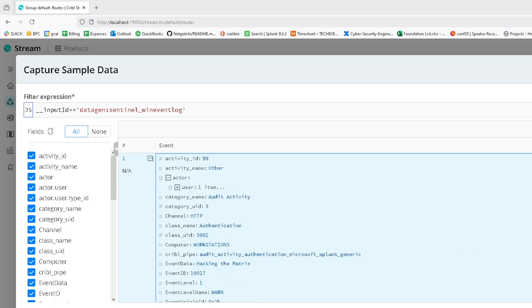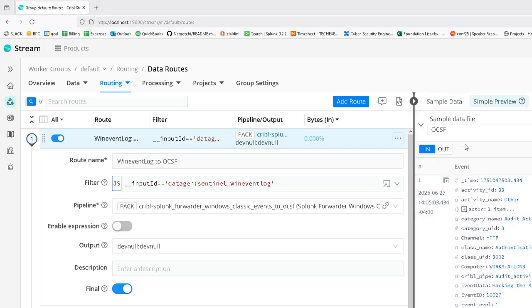Now what's really cool here, after you capture, just to show you this one extra feature, you can save that as a sample file and call it OCSF compliant, or whatever you want to call it, and save that. And then you can load it up here in this preview window, and select the pipeline you run it through. So, for example, if I run it through the pass-through pipeline,